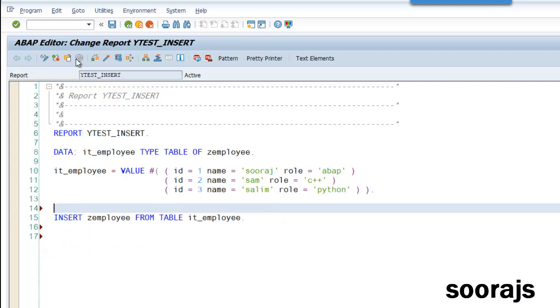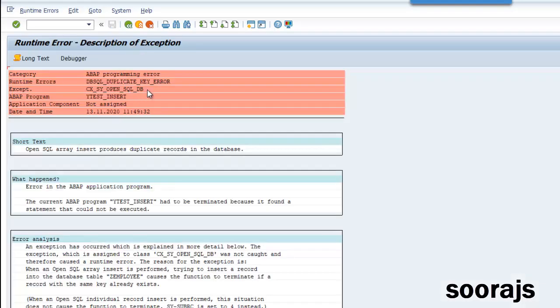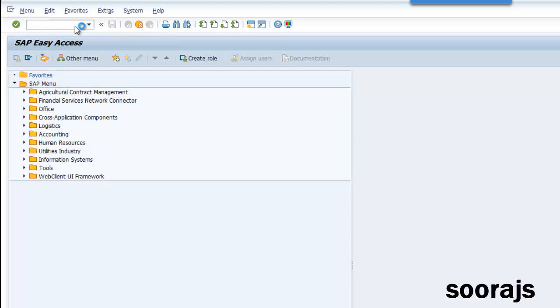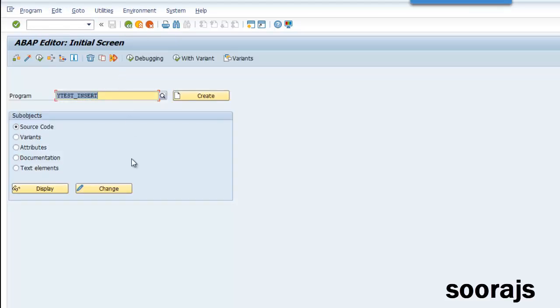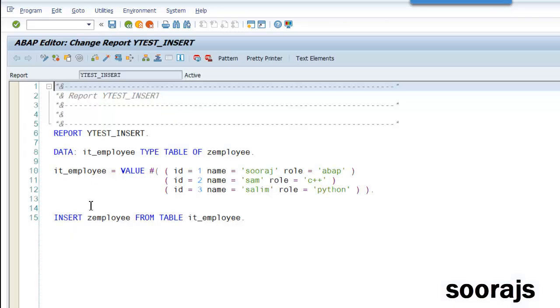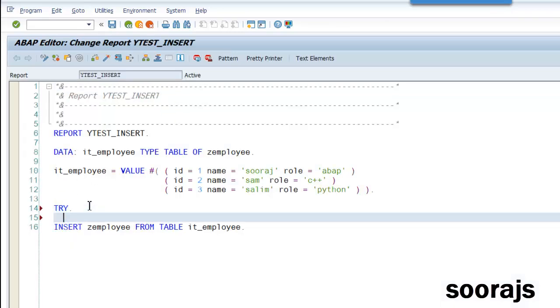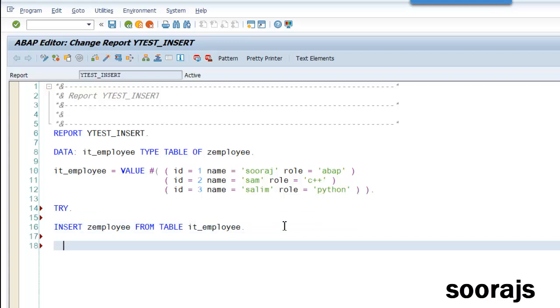So let's try CX_SY_OPEN_SQL_DB. So this is not actually required, I believe.